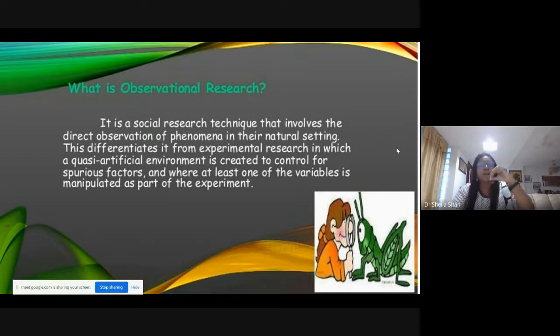Or you want to study about rumah haram, or you want to study about transgender. So you have to go to the natural setting. This differentiates it from experimental research, which is quasi. Quasi is quite artificial, we call it, because we try to control the variables. Here, when we do observational research,